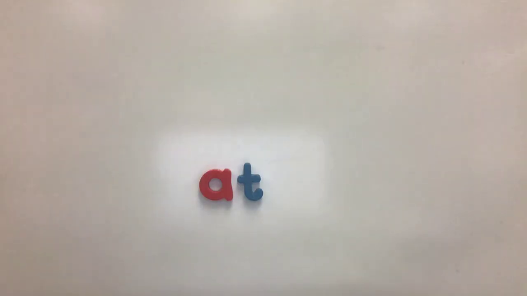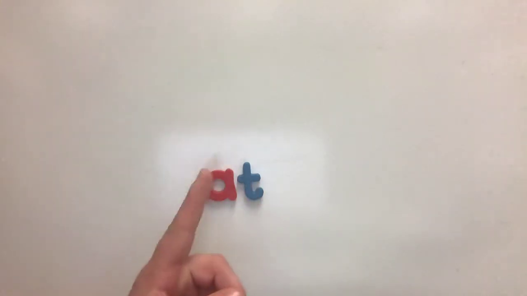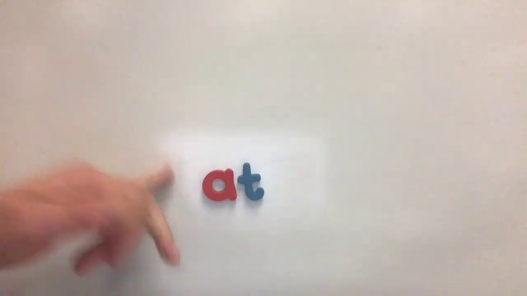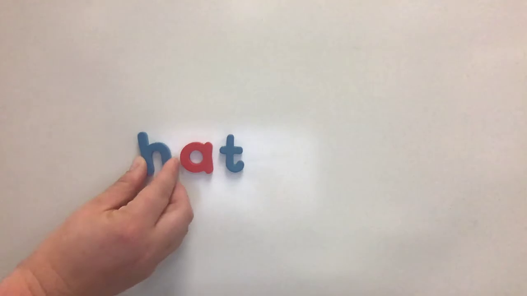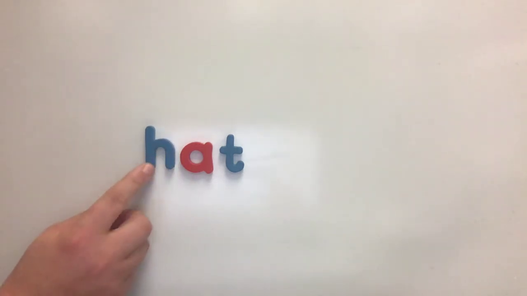Okay, so now we need to get another sound to put at the beginning of at. This is the word family at. We need to find a beginning sound, and the beginning sound I want is the beginning sound that makes the sound. Go ahead and get it. Find the letter. Did you find the H? If not, put it here. This is the H. Can you say H? It makes the sound like